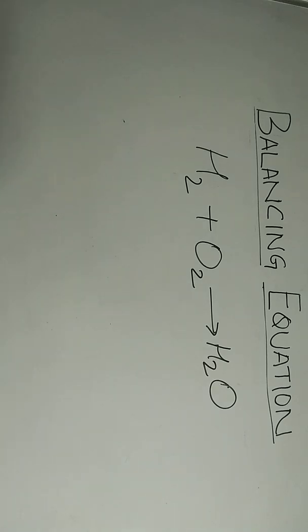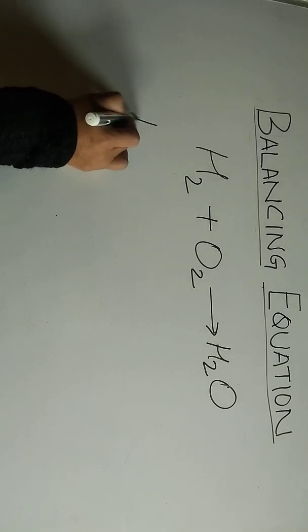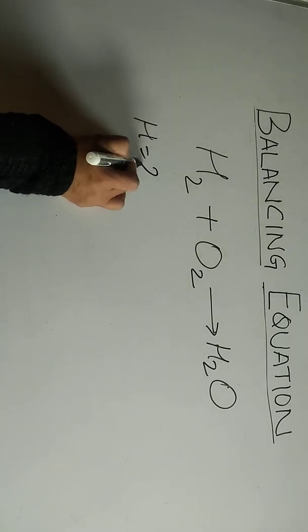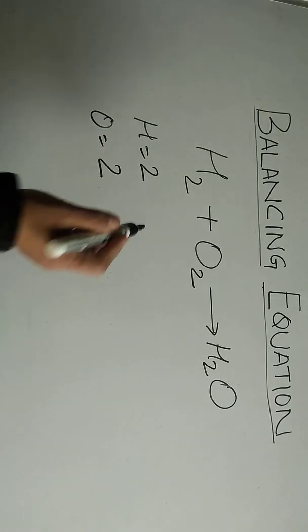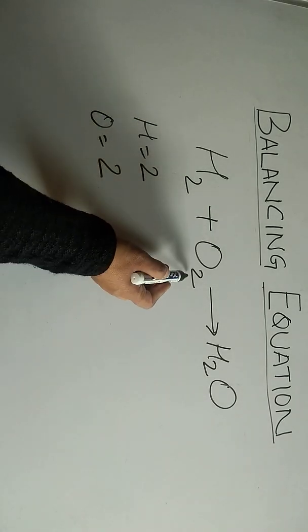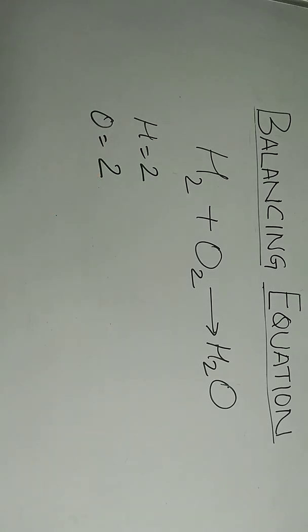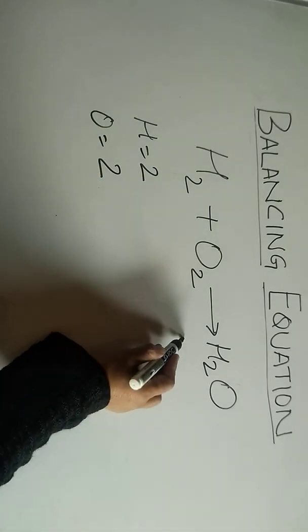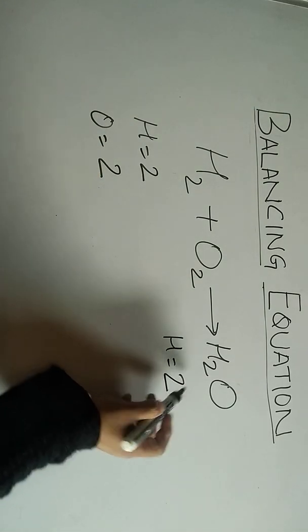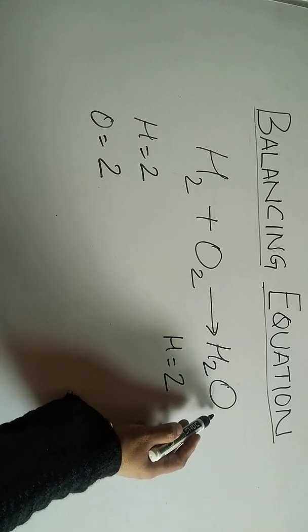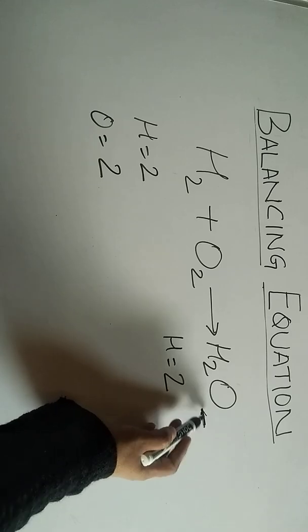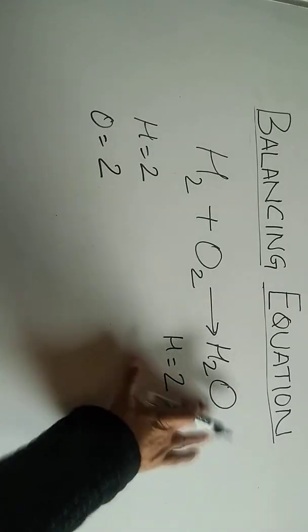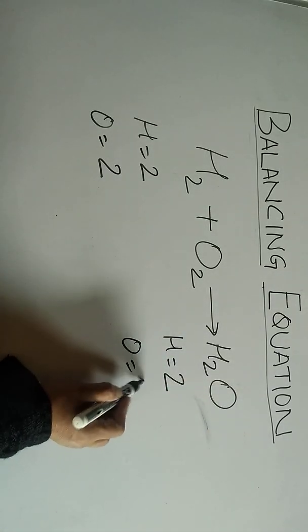Please remember that. So here we write hydrogen, the number of atoms are 2. Oxygen, the number of atoms are 2. Again I am telling you, what is written as subscript down, that is the number of atoms. Coming to this side, hydrogen is equal to 2 written over here, and oxygen is equal to 1 because nothing is written over here. If nothing is written over here, it means one atom is there, right? So oxygen here has one atom.